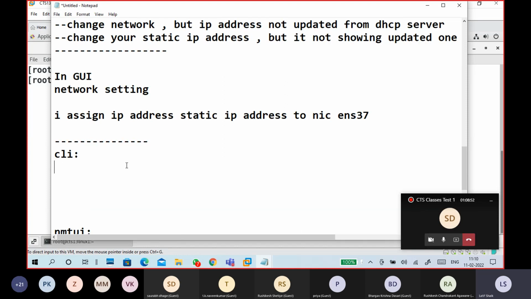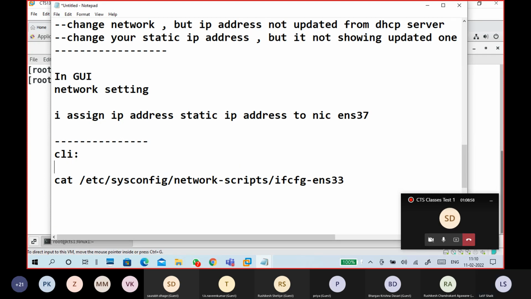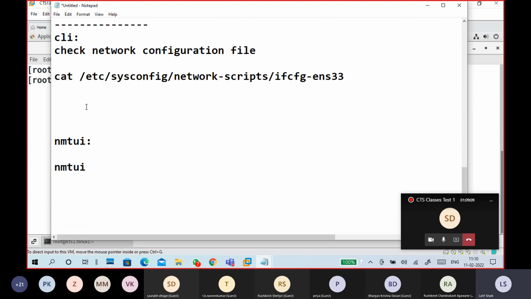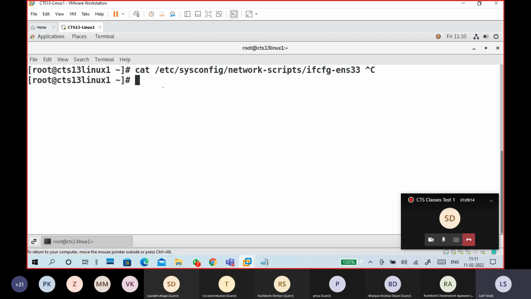Checking the configuration. This is the network configuration. This is one for ENS33. So another one will be there like this.